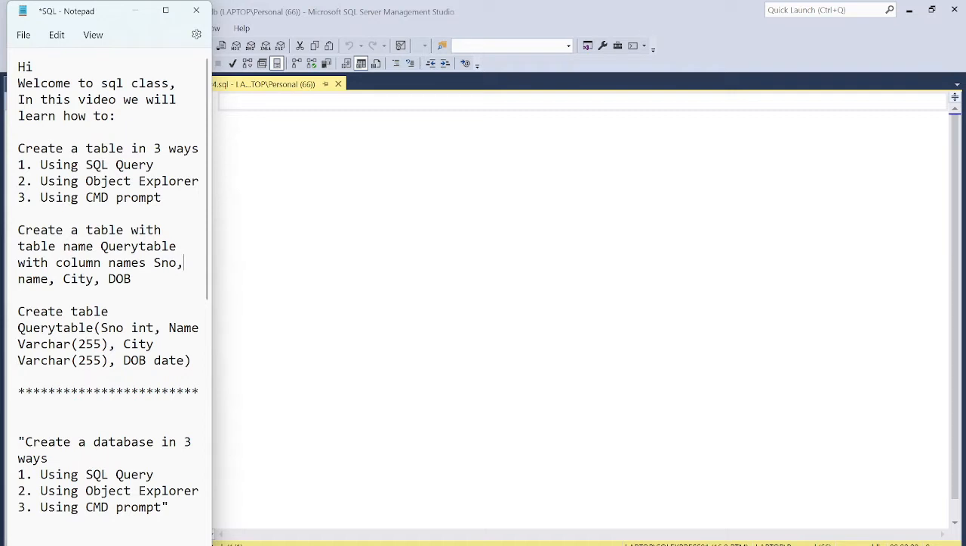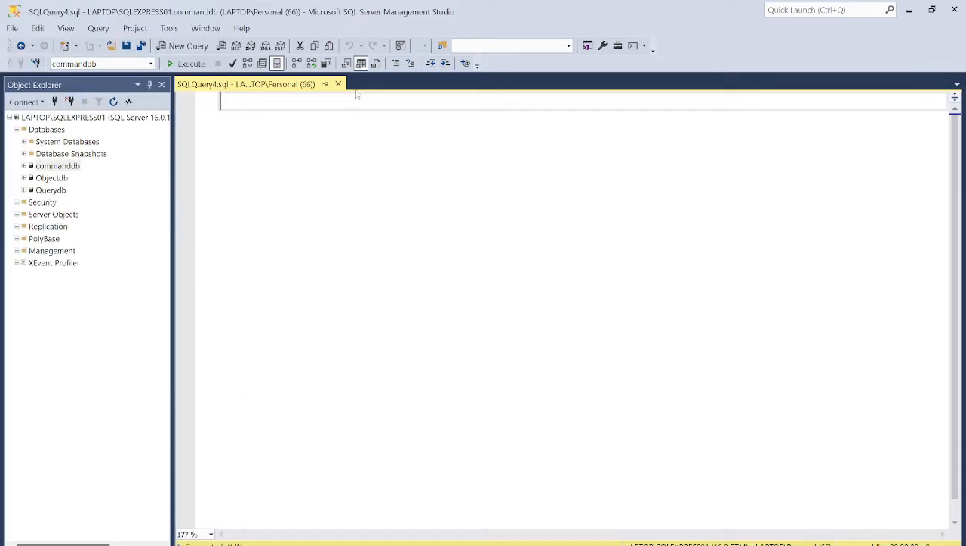DOB, which is date of birth, which contains year, date, and month. So you need to give a date data type instead of int. Though it is consisting of numbers, you are supposed to give a data type called date. So let's get started. So first, using the SQL query statement, I will try to create this table in the QueryDB database. Okay. So let's first write the command